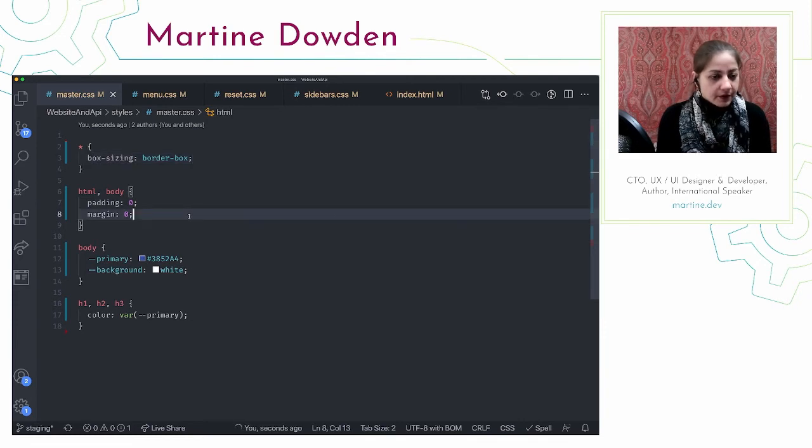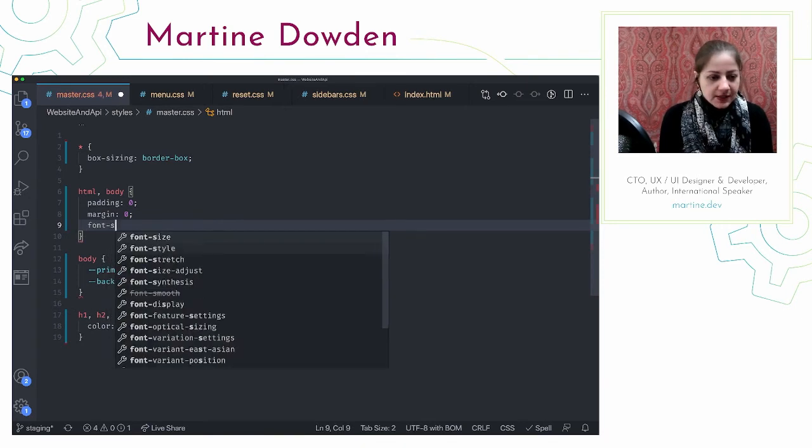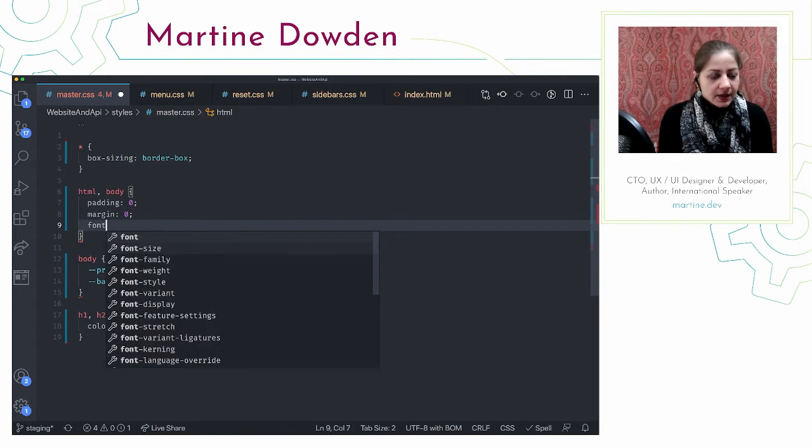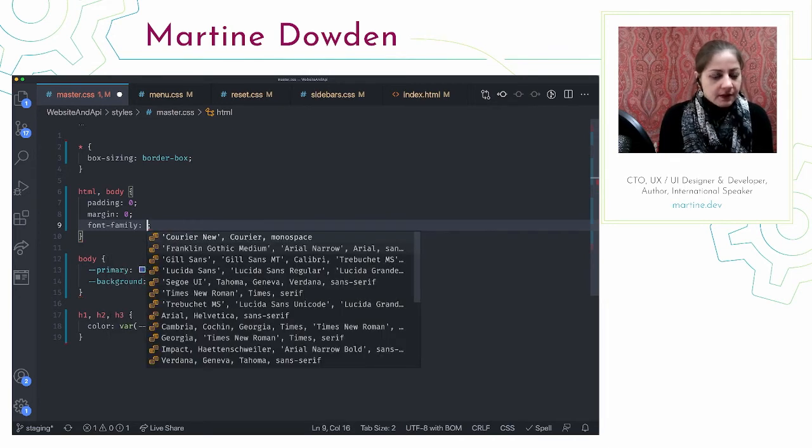So for now, I'm going to pick a very nice, basic, legible font, but I'm going to do a sans serif, and the reason is sans serif fonts are a lot easier to read on screen than serif fonts. And in print, it's the other way around.